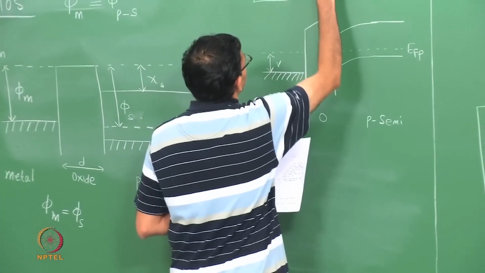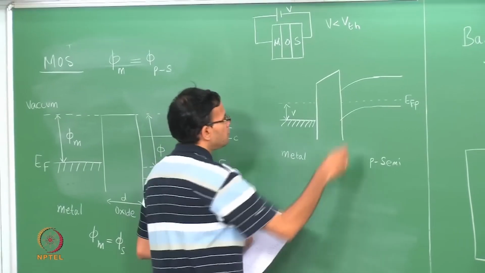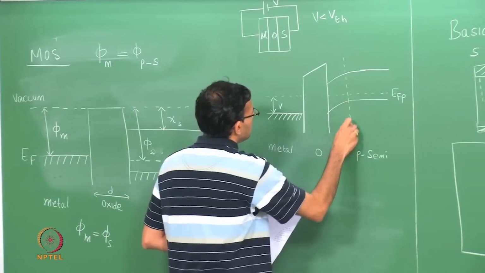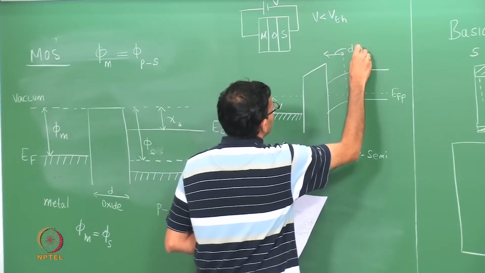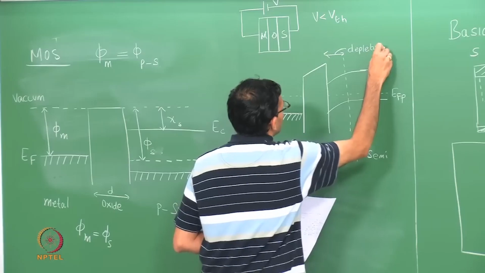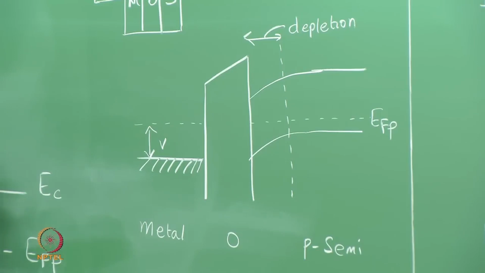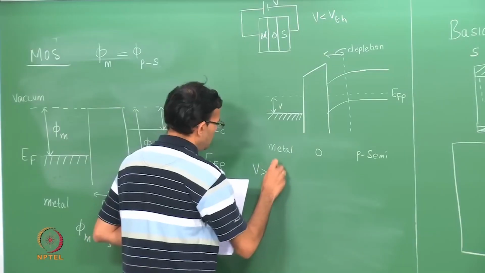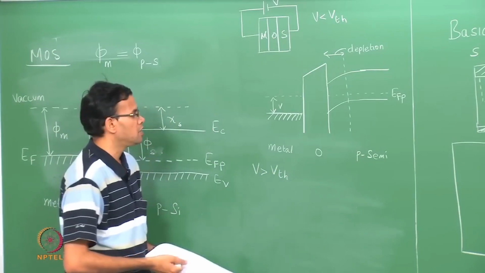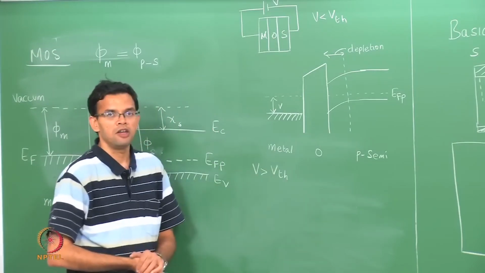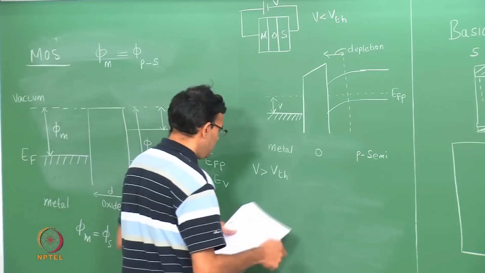So, in this particular case V is less than V threshold, so that you can define a depletion region. If you have a situation where V is greater than V threshold, your bands have bent so much that near the surface you have inversion. So, if you were to draw that again,